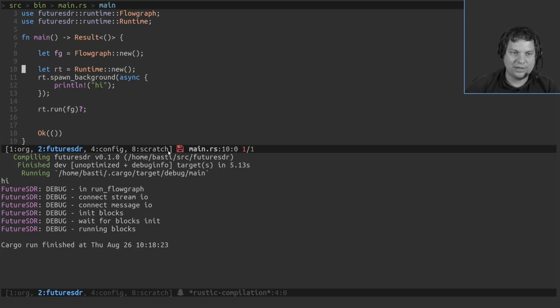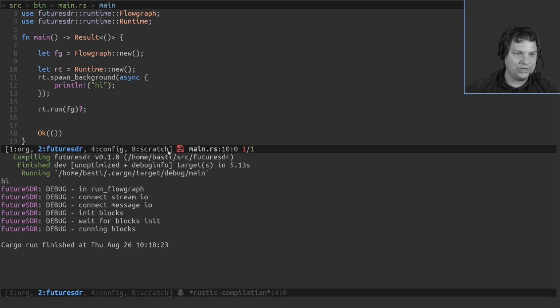the runtime can be customized. In this case, it uses the default scheduler, which spawns one thread per CPU that is available to the process, and it doesn't pin them, so they are free floating, and if everything's loaded, they'll distribute to the available cores. Also, this scheduler that we use by default doesn't look at the flow graph. It just gets these tasks to execute the blocks, and it does it, but doesn't do anything smart with it.